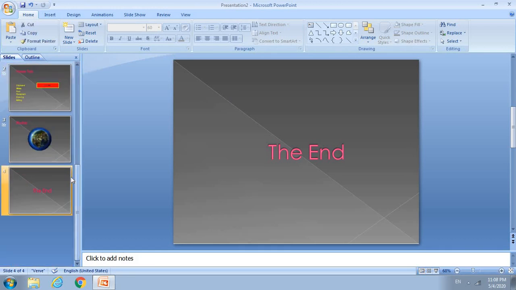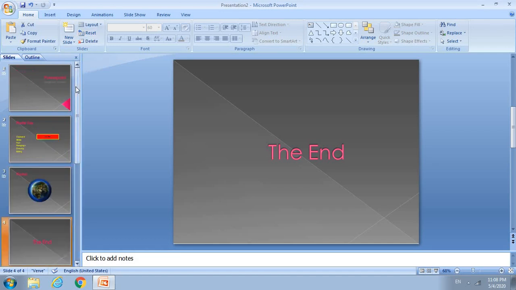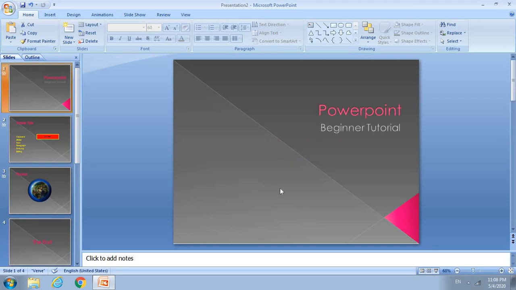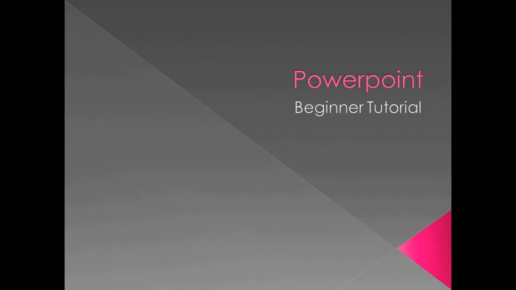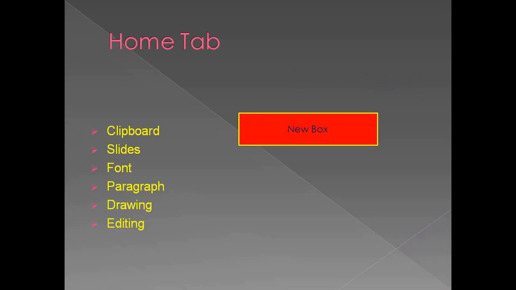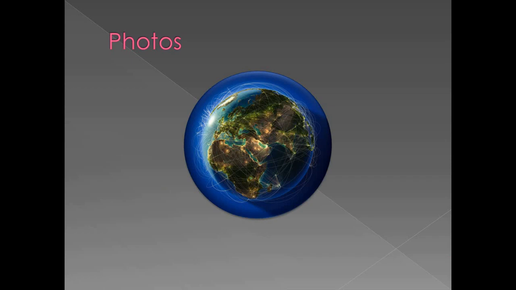Now we need to make a slideshow. Let's see how it looks when we run it. Coming to slide one, here at the bottom, this is a small button which will show you the slideshow of your presentation. Click here. This is how it appears. Now to go to the next slide in this slideshow, you can make use of your mouse, or the arrow keys on your keyboard, or you can click enter like that. This is how your slides will appear.